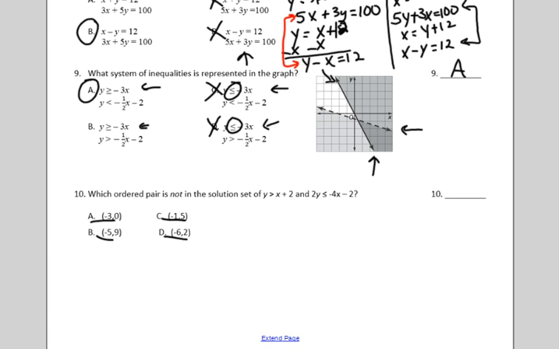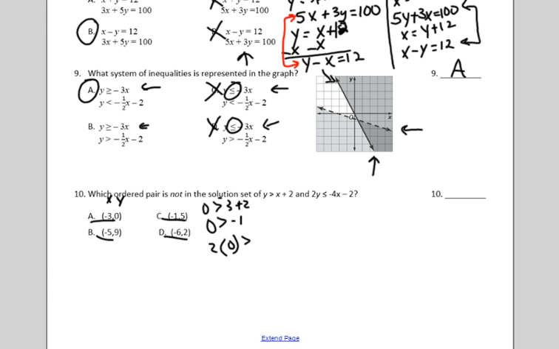Or I can just take the x values and y values and plug it into each equation. So 0 is greater than negative 3 plus 2. 0 is greater than negative 1, which is true. And I'm going to plug it into the second equation. 2 times 0